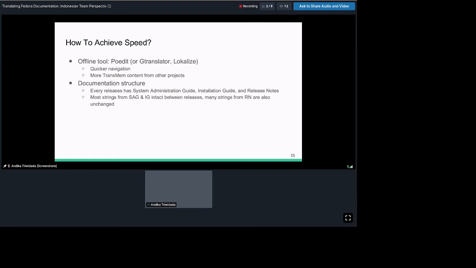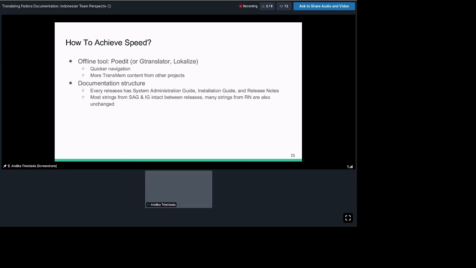How do we increase the translation speed? The second one is that Fedora releases three kinds of documents for every version: the system administration guide, installation guide, and release notes. So there are release notes 34, release notes 33, and so on.